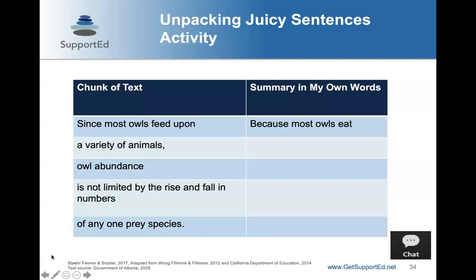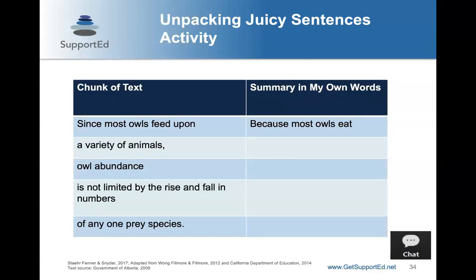And the way that this works is students will first chunk the text. So you take a sentence, and the sentence that we're going to use is, since most owls feed upon a variety of animals, owl abundance is not limited by the rise and fall in numbers of any one prey species. So first, students will take the juicy sentence and they'll work in groups, they'll chunk it, and then they'll write a summary of each chunk in their own words.